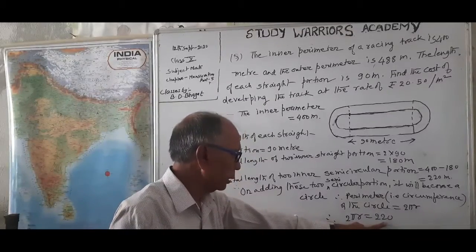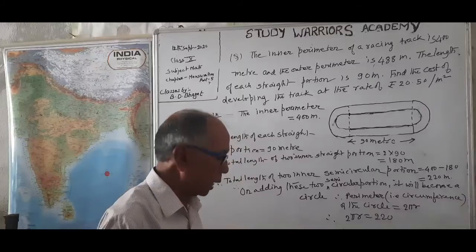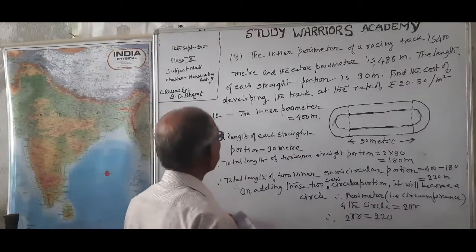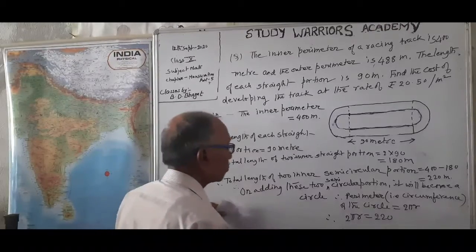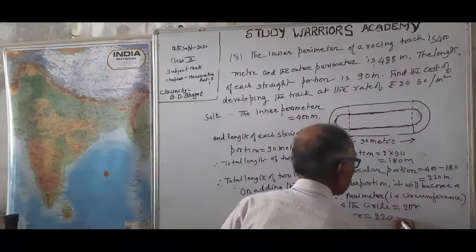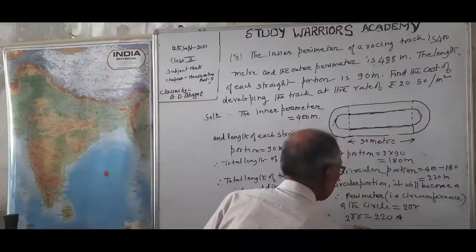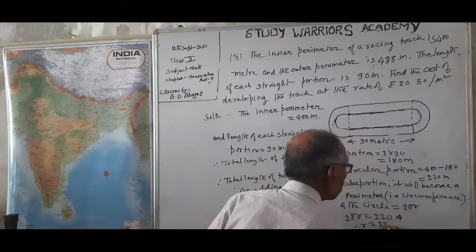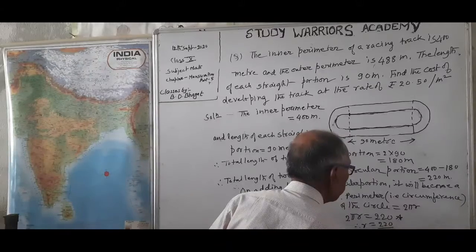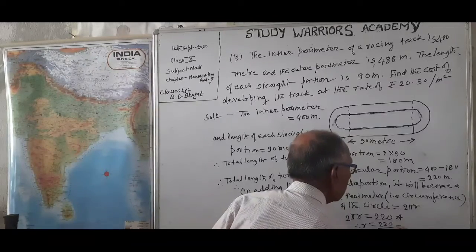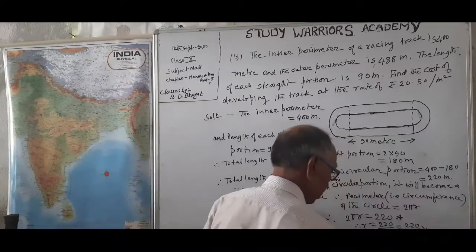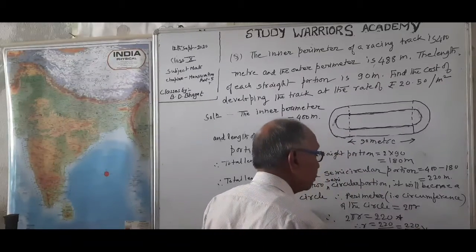This is 220, therefore 2 pi r is equal to 220. Therefore r is equal to 220 by 2 pi is equal to 220 by 2 into pi, means 22 by 7,